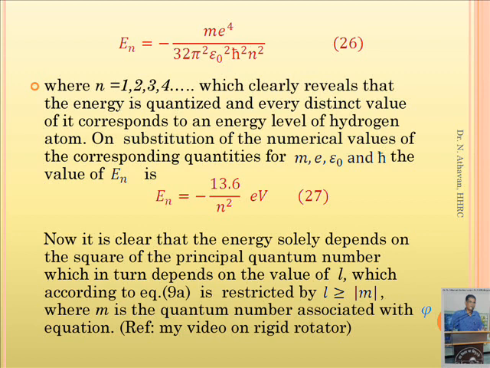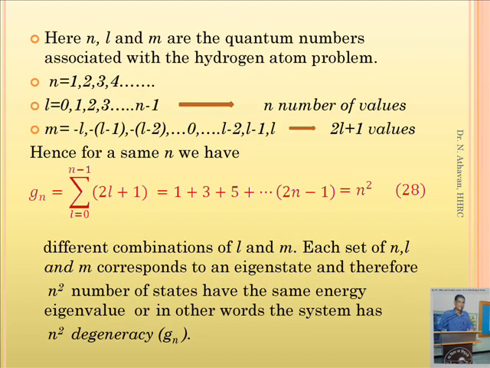Now we have three numbers n, l and m. They have an interrelationship with each other. Among these three, n is the principal number because it restricts the values of the other two variables. So we call n the principal quantum number. Further, we can see if n takes 1, 2, 3, 4 and so on, l can only take values 0, 1, 2, 3 up to n minus 1 only. So we can have n different choices for l.